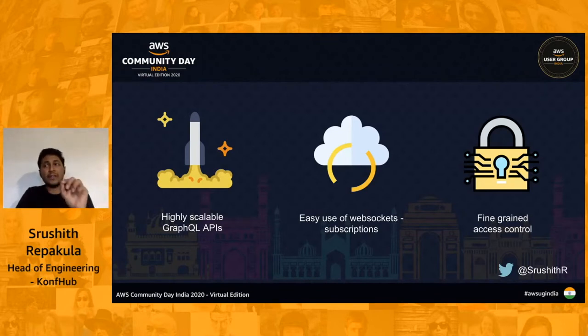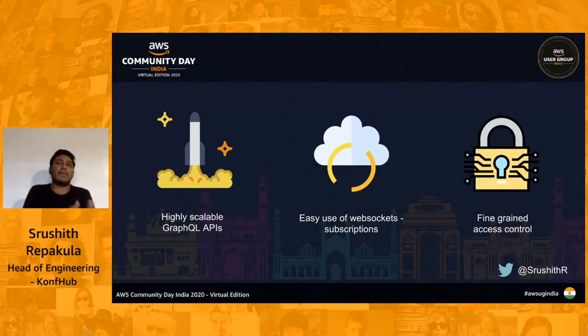But if you're asking for something, as I told you, GraphQL is all about you asking me what you want. And if you're asking me for some really sensitive information, you better be authenticated. So we have a single API, and AppSync gives us the flexibility to have authentication, not at the API level, but at every field level. So if I want to return the email ID, I should be authenticated. This is fine-grained access control, which I personally feel is really amazing, so that you don't have to build two sorts of APIs.